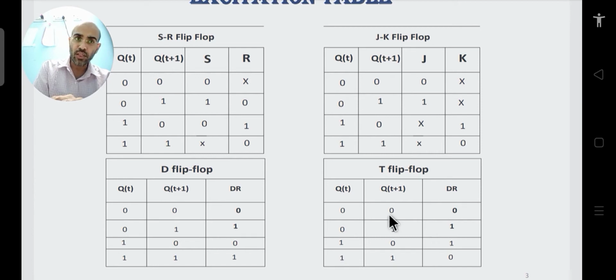Whereas if you connect the toggle input to 0, your Qt plus 1 does not change. So whenever you want Qt to change from 0 to 1 or 1 to 0, you have to make sure that T is connected to 1.